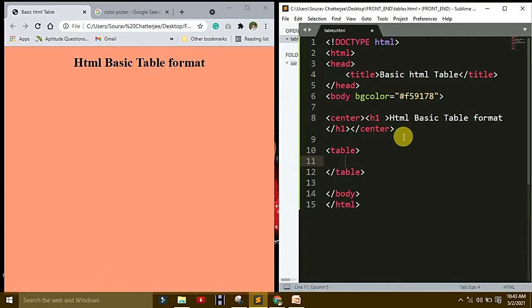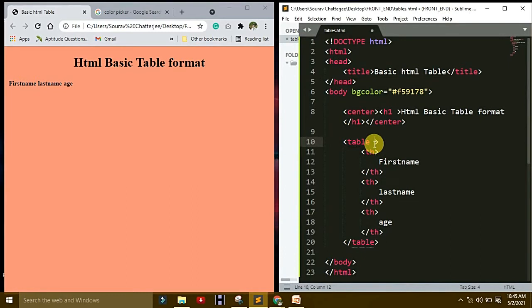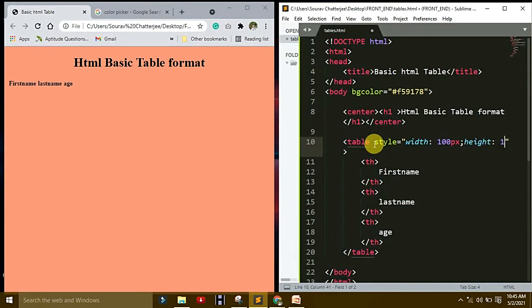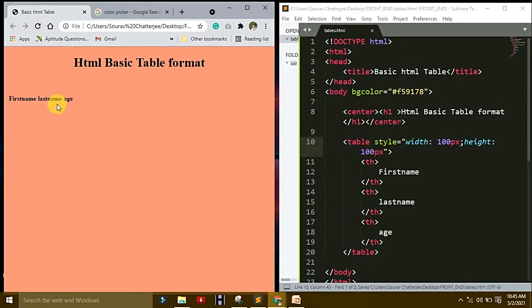Under table, type here style, width is 100 pixel and height is 100 pixel. Now refresh it. You see the changes, but until now we don't understand it.